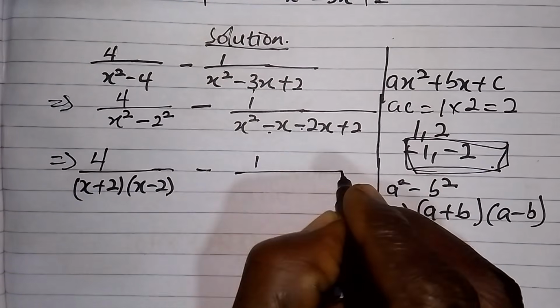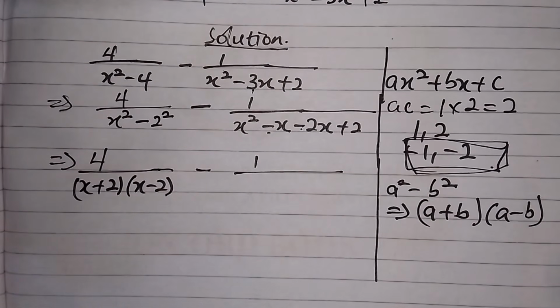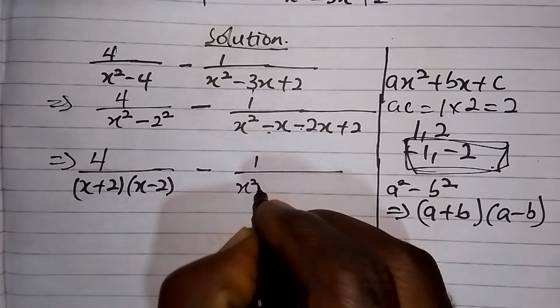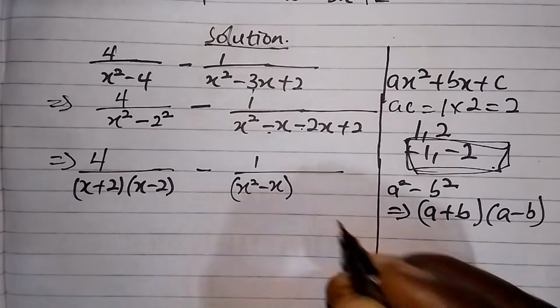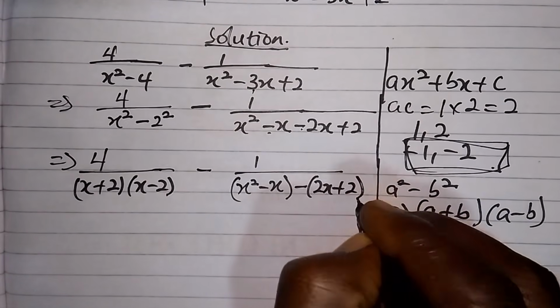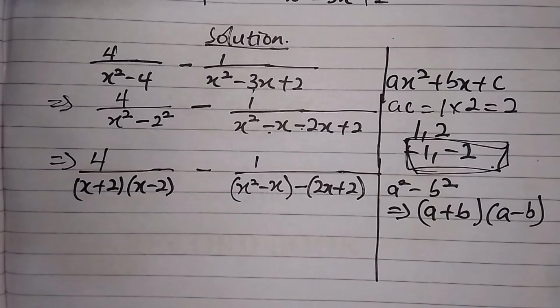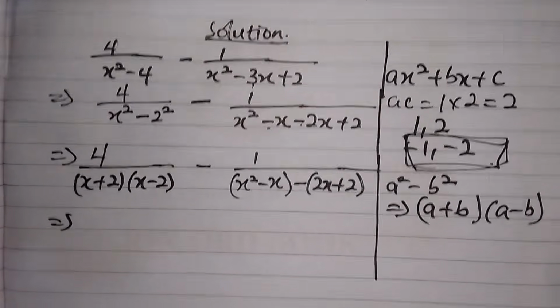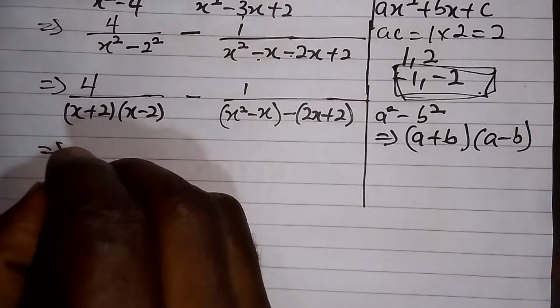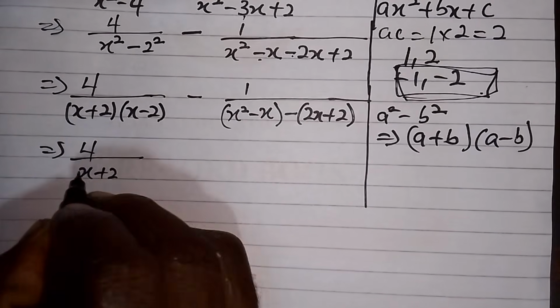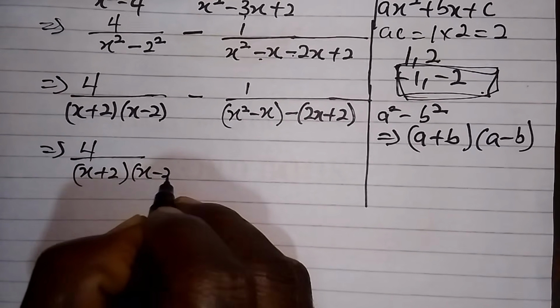Minus, let's group the terms in the second. So I have x squared minus x being one group, minus 2x plus 2 being another group. We continue. I have 4 over x plus 2, x minus 2,